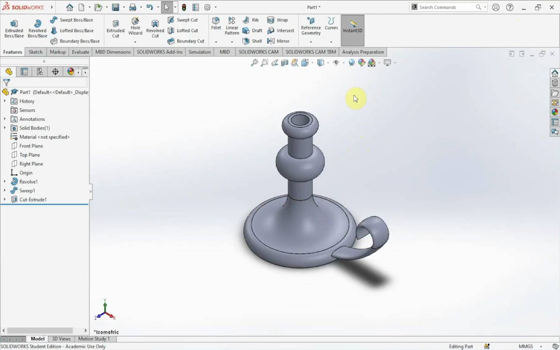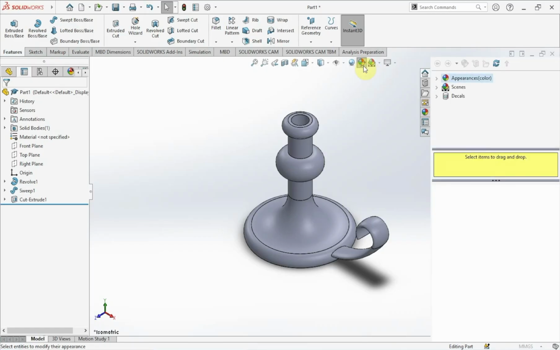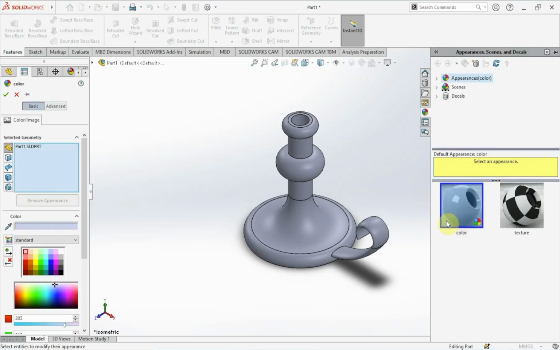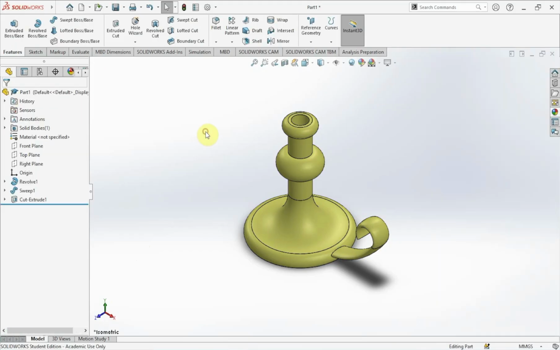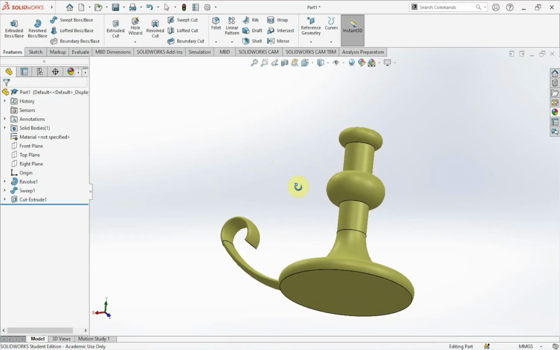Now as a final touch, we can actually go ahead and add some color if you want. Click on edit appearance. And just add a color you'd like. Let's add this kind of yellowish color to make it look kind of like an old candlestick. But that's basically the whole piece